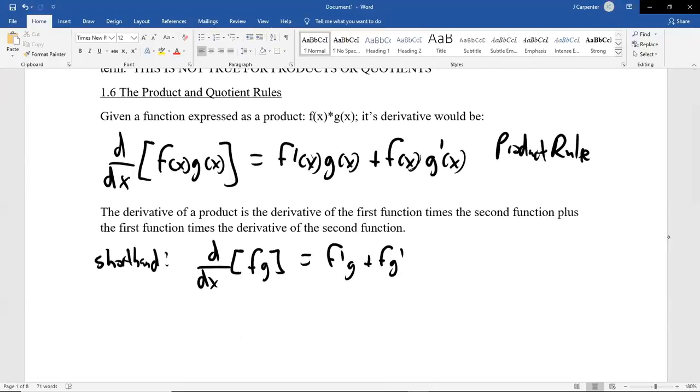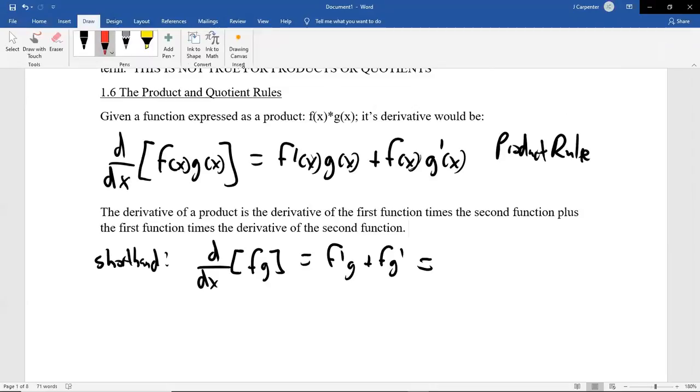Or you could have this. I'm just going to use a different color to say it's the same thing. The prime orders don't matter. I could do f g prime plus f prime g. Or the order of the f's and the g's don't matter. I could do g then f prime plus g prime then f. Or I can do g first in one and f first in the other. I could do f times g prime plus g times f prime equals, the list goes on and on and on because of the different properties of